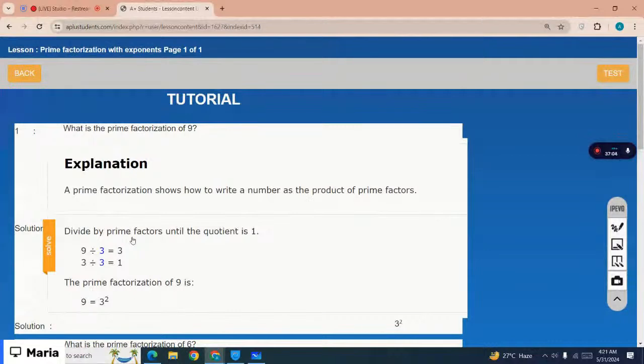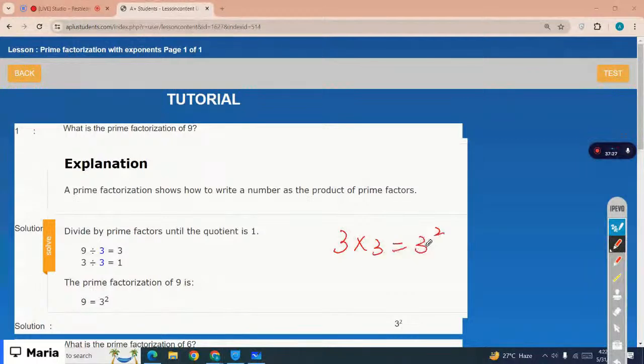Okay, what is the prime factorization of 9? We know how to make the prime factors of 9, right? You have to divide the number by the smallest prime number until you have the answer 1. The prime factors of 9 is 3 times 3. You need to write them down in the exponent form. How do we write the 3 times 3? You can write it as